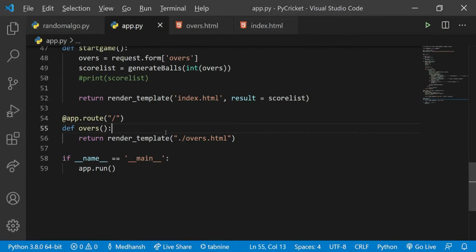So once you are at the root slash, it will show this overs.html as I had shown you.